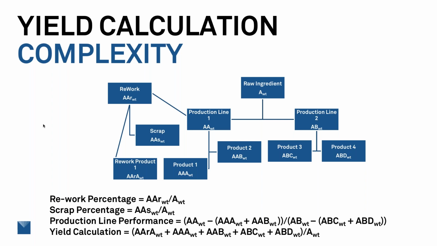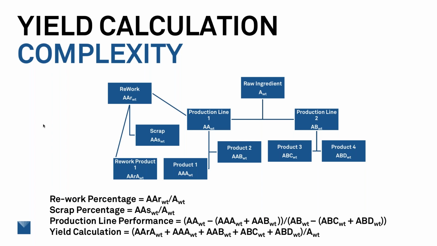And so if we track this processing, you can see that even in this case, most of you would probably think this is quite a simplified approach. But for the purposes of seeing the complexity of trying to track this, if you just think about a batch of raw ingredients going into a production line, there's initially the possibility of it being split, the same sort of formulation being used to make possibly two different shapes of products or colors of products. And then from there, you may even go into two production lines, one that creates a larger bag of product versus a smaller bag of product.